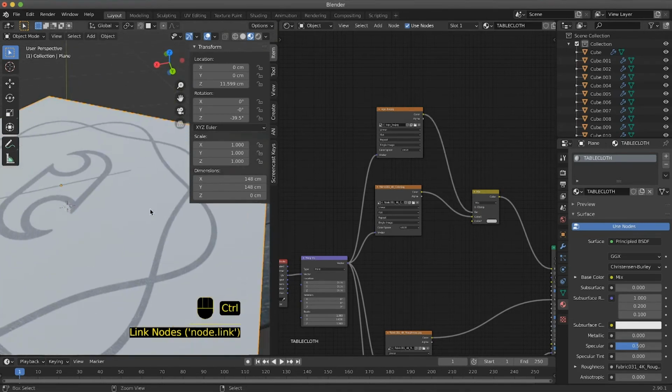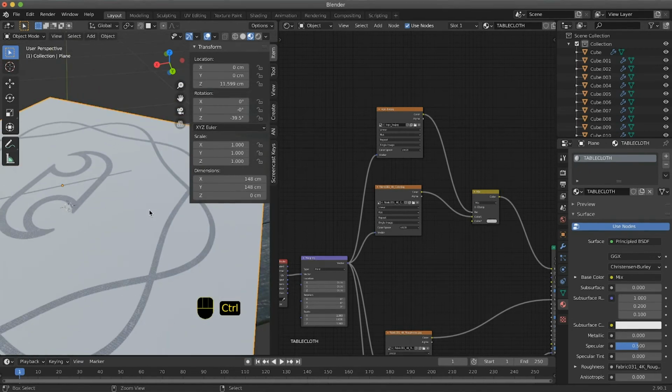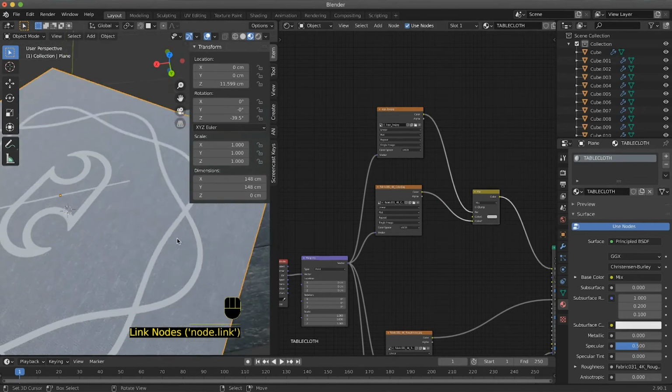As you can see, now we have the bottom color on the white part of our logo and the color of the clothing on the black part. We don't like that, so we need to invert it.